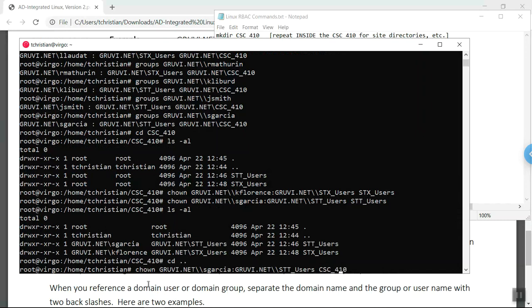And we want to change the group to CSC_410. See, that's why naming the security principals in the same fashion as the file system objects helps you keep things straight. Instead of S. Garcia here, we're going to put J. Smith. Going to hit enter,